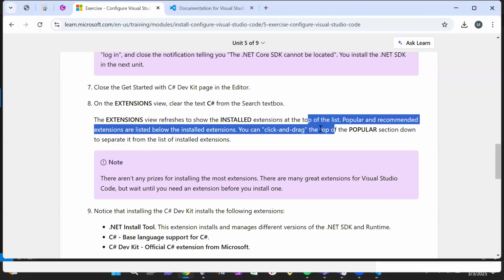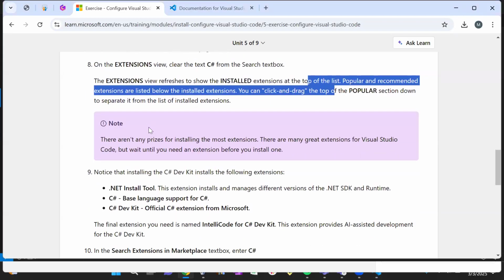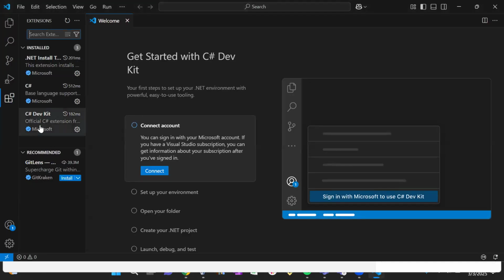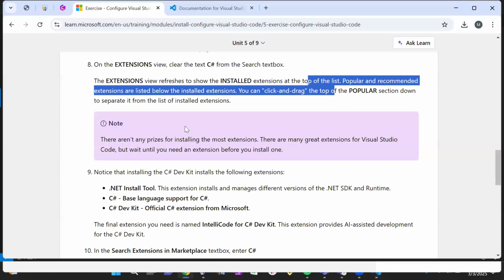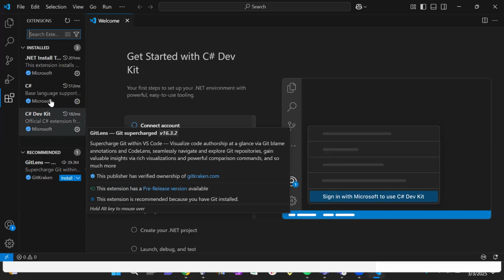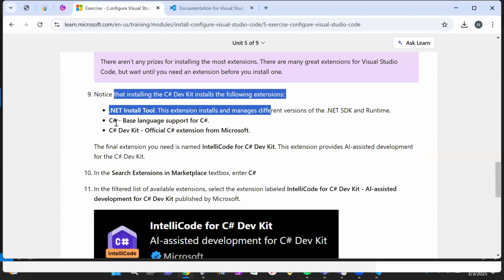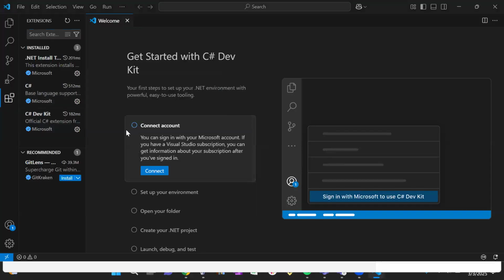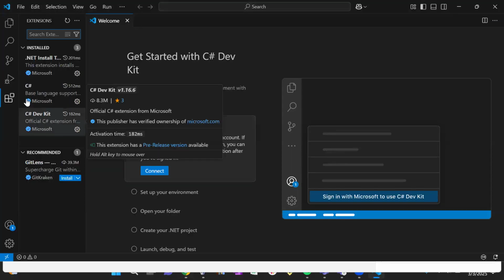Popular and recommended extensions are listed below the installed extensions. You can click, drag and drop at the top of the popular section down to separate it from the list of installed extensions. Recommended, I don't see any popular ones. I only see installed and recommended, so we'll just ignore that step. And then notice that installing C# Dev Kit installs the following extensions: .NET Install Tool, yes, this one. C# base language support, yes, and C# Dev Kit